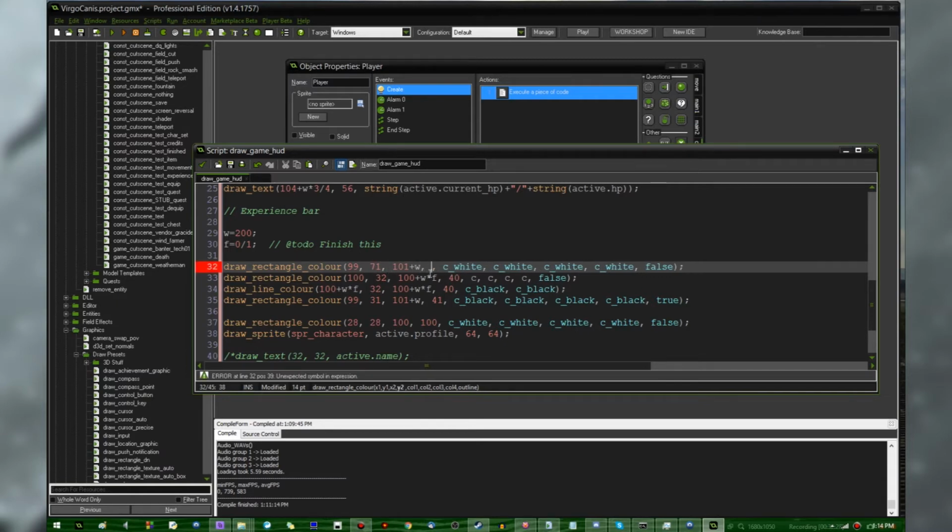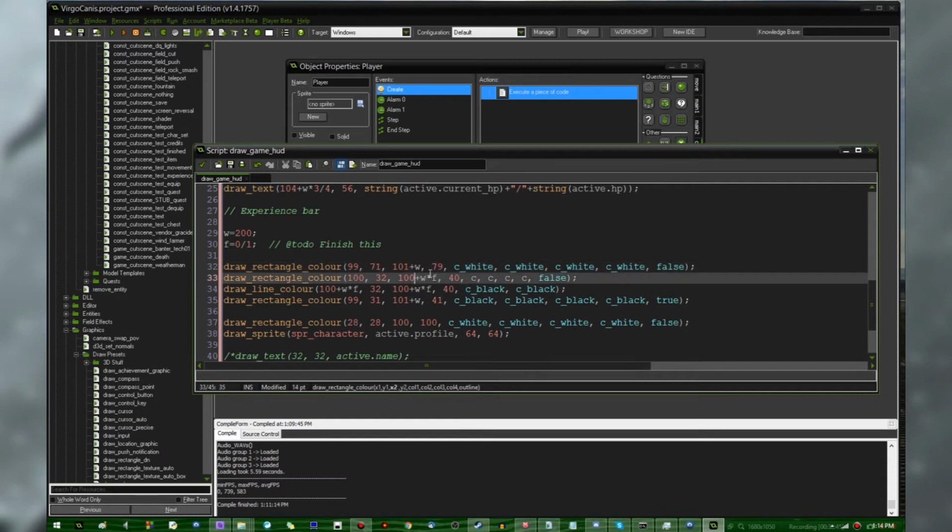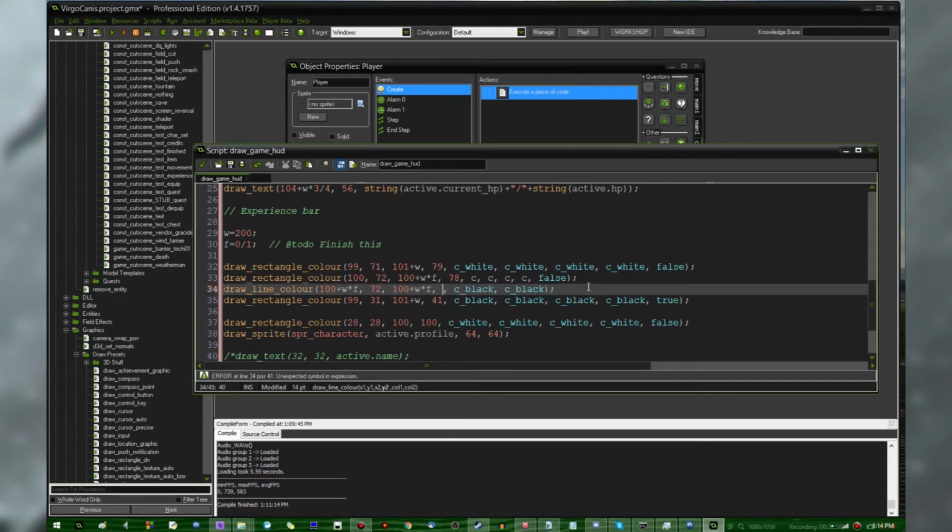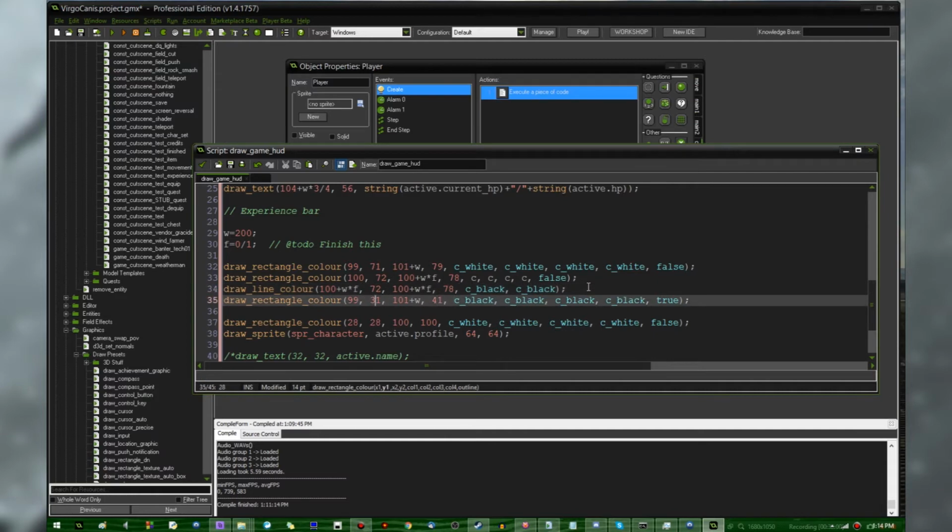And how thick should the experience bar be? I want it to be thinner than the HP bar, so how about 72 plus, say, 6 pixels? It's going to be 78. So 79 is going to be one more. All right. Now 72, 78. Over here, 72, 78. And down here, 71,